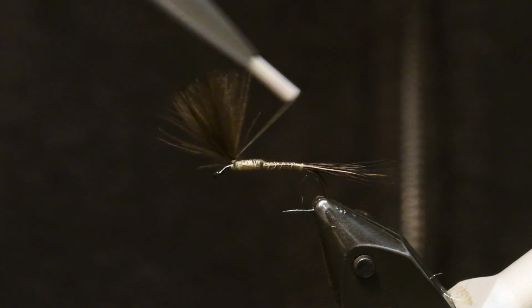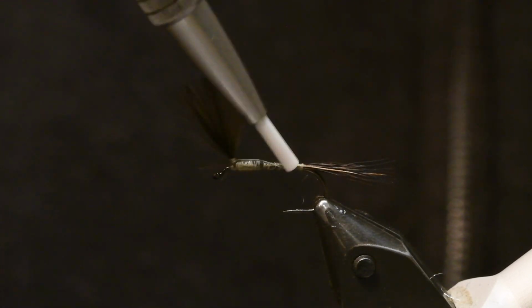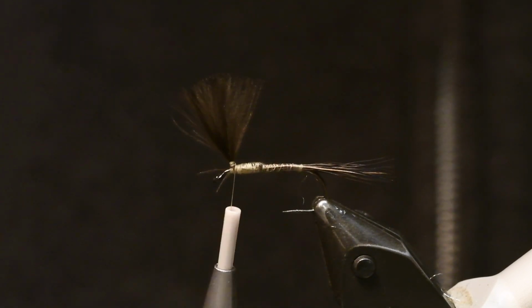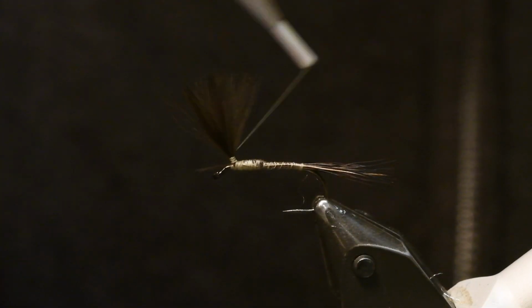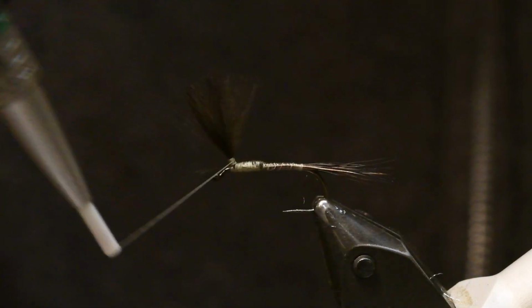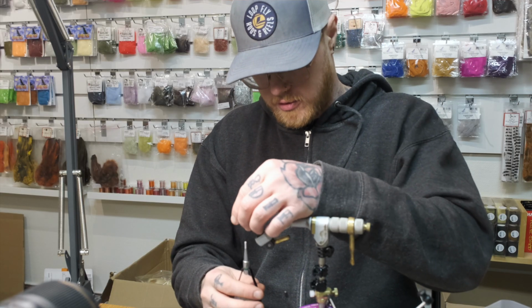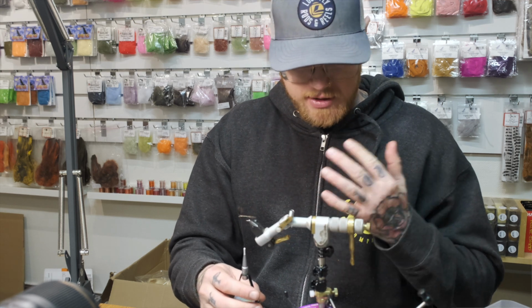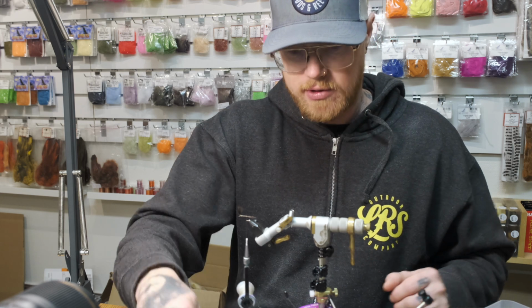And then I go around the stems of this, kind of not too hard, because if you do it too hard you will just have the thread going over. So kind of soft, and then when you have a little structure you can do it a little bit harder if you want to. And then for the body I will use